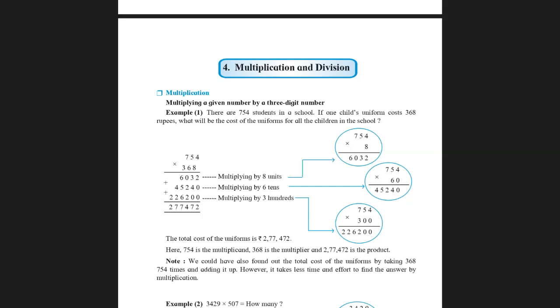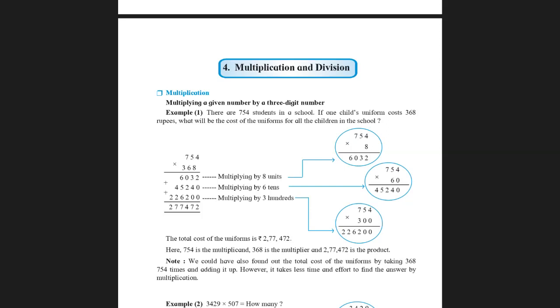and carry over 1. 3 5s are 15 plus 1, 16. 6 carry over 1. 3 7s are 21 plus 1, 22. Now you have to add up all these 3 columns properly. 2 plus 0 is 2. 4 plus 3, 7. 2 plus 2 plus 0, 4. 6 plus 5 plus 6, 17. 7 carry over 1. 4 plus 2 plus 1, 7 and 2.